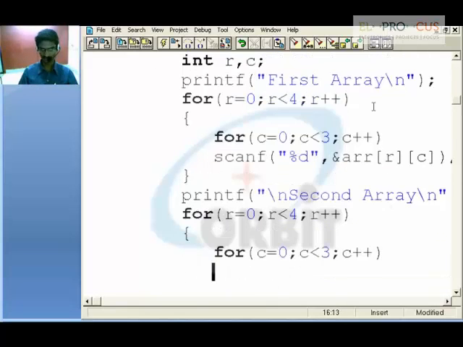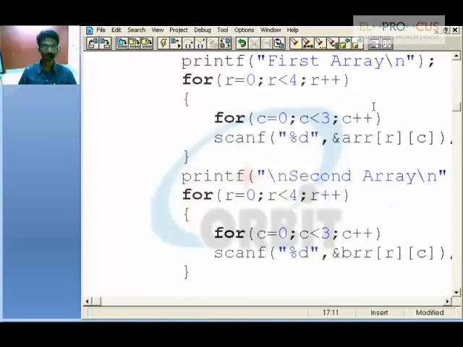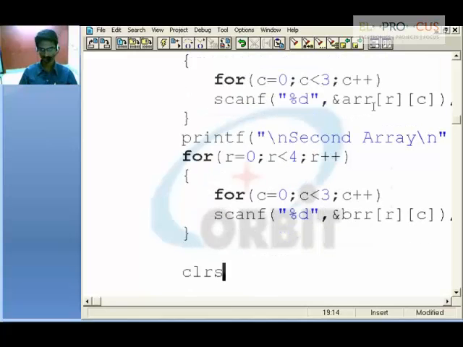Now say scanf %d, comma, ampersand, BRR of r and c. With this we'll scan the second values. Now after this we'll clear the entire screen.